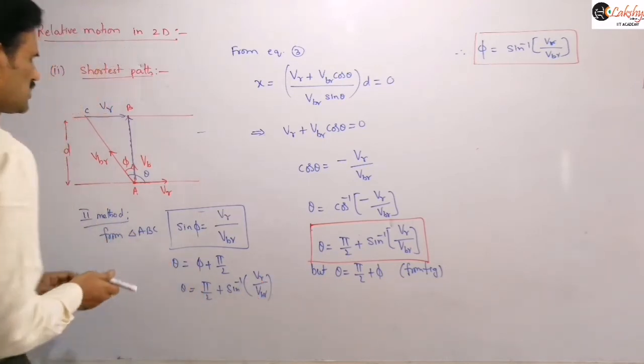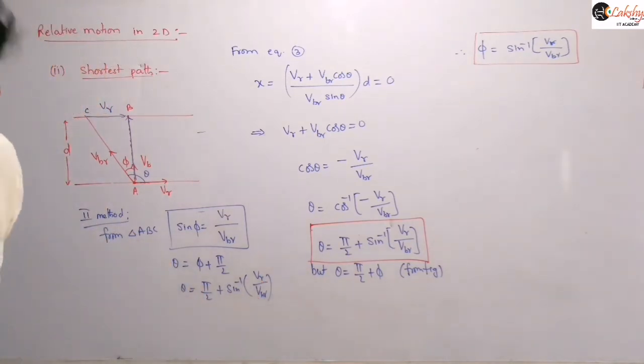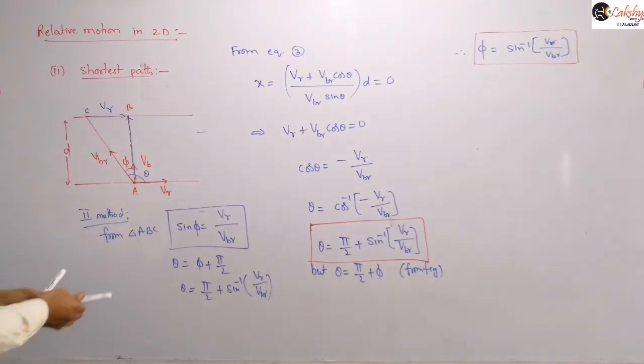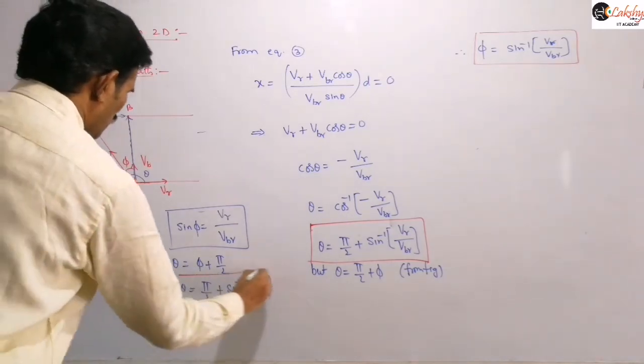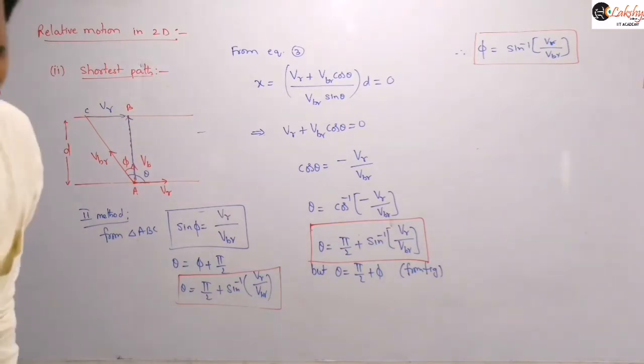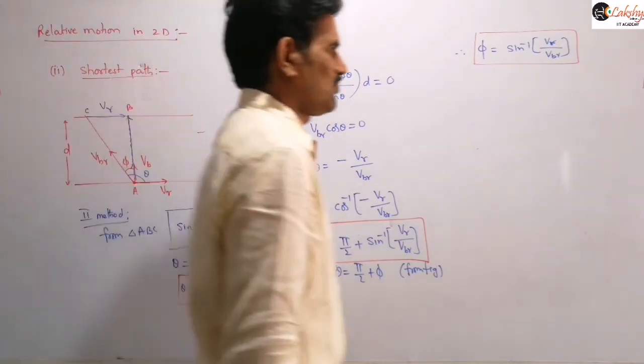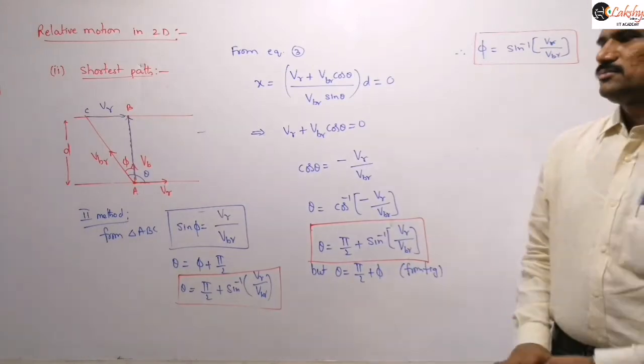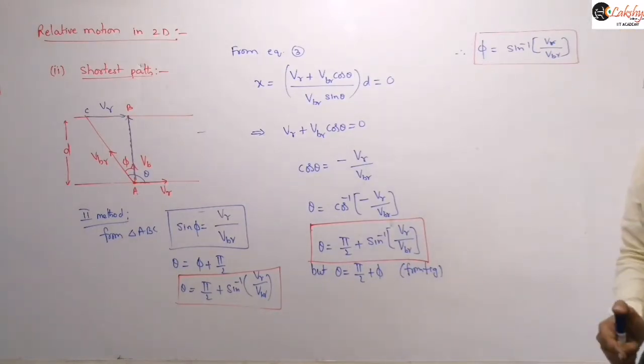It is easy to remember with the normal, so remember the formula in terms of the normal to the direction of the river flow. From that, if they are asking with the direction of the river flow, you can write it with the direction of the river flow here. Got it? So that is the case.